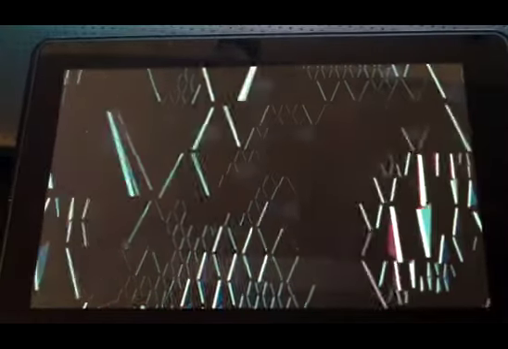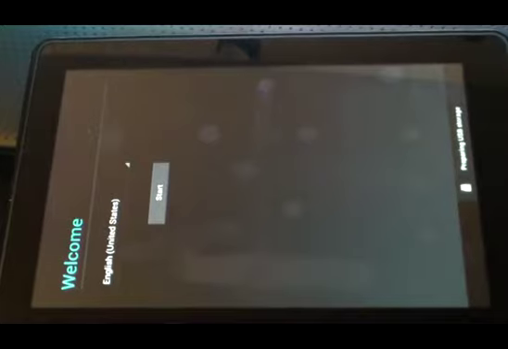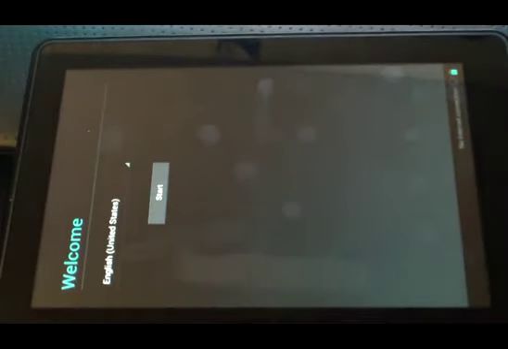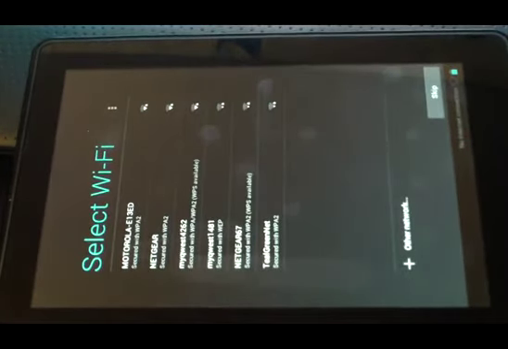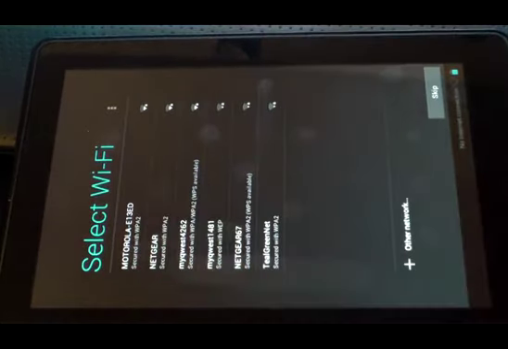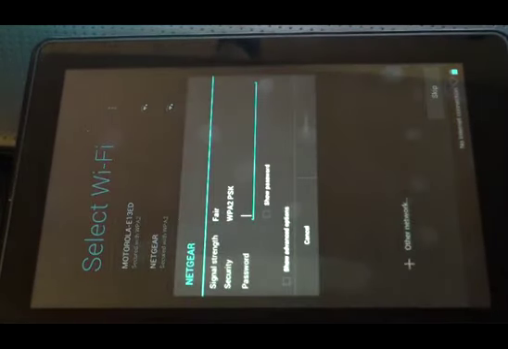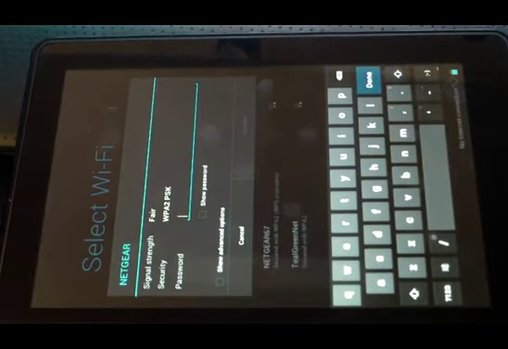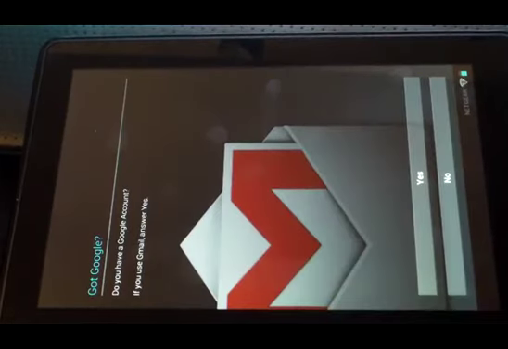As you can see, it does take quite a while the first time it boots up, and that is normal. Okay, so here we are at the start screen. We're going to go ahead and hit the start button, and it's going to want us to connect to a wireless connection so that we can connect up. So I'm going to go ahead and key this in and join this up, and I'll be right back to you here. So once you key that in, the next screen is going to come up and ask you